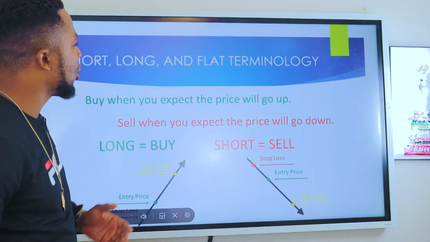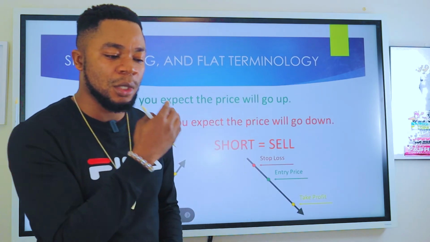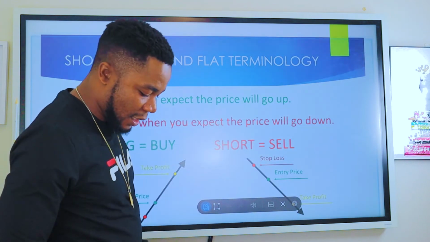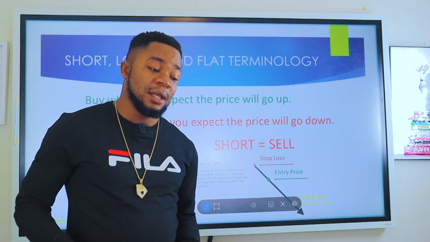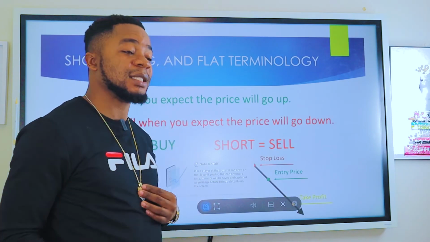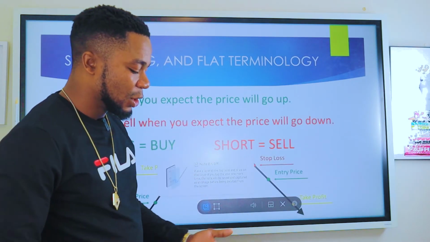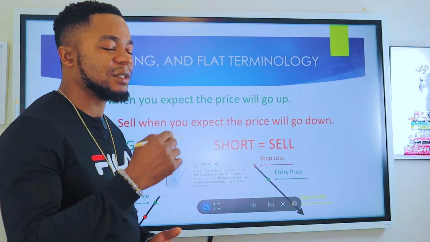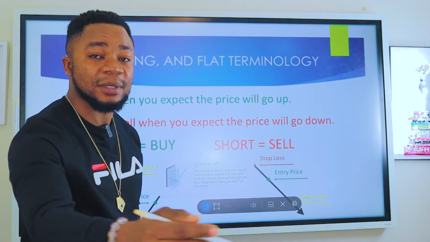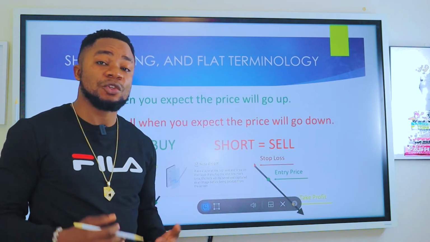After that, let's go to what they call short, long, and flat terminology. As a Forex trader, you must be able to know this simple terminology. So if you wake up one day and open your chart, and maybe you're talking to a friend, and they say, okay, I went long on Euro USD, and I went short on Great Britain Pound Japanese yen. What does that mean? When you are talking about Forex, long is the same as buy. So if I say long Great Britain Pound USD, I'm telling you to buy Great Britain Pound USD. Those are the terminologies you hear every day.